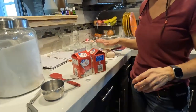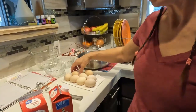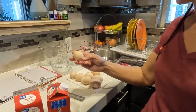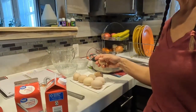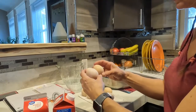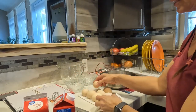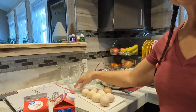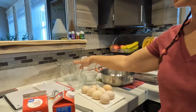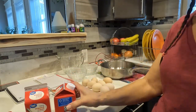to start. My recipe calls for 7 eggs, but as you can see, a couple of these are small, so I am going to use 8. See the size difference in those? I'm going to use 8 yolks. So I'll separate the yolks and the whites and put them in here and whisk them and get them ready. But first, before I do that, I'm going to heat up